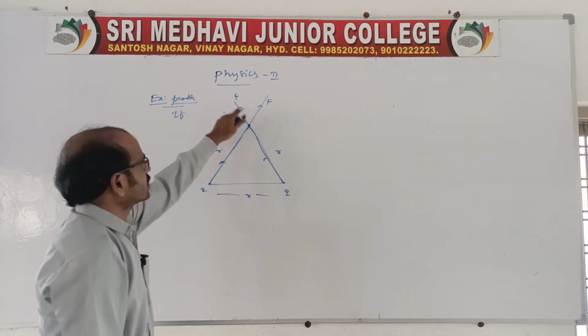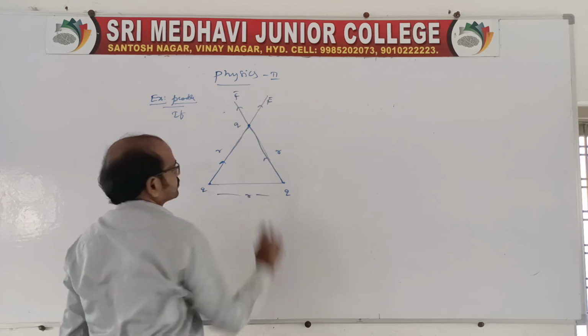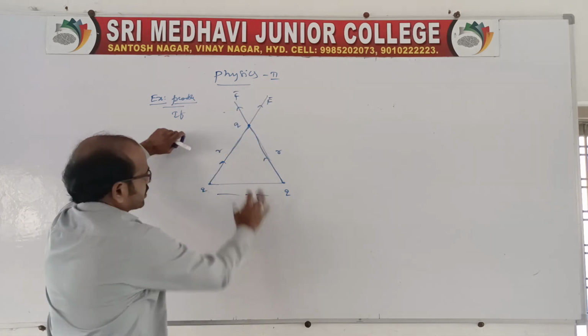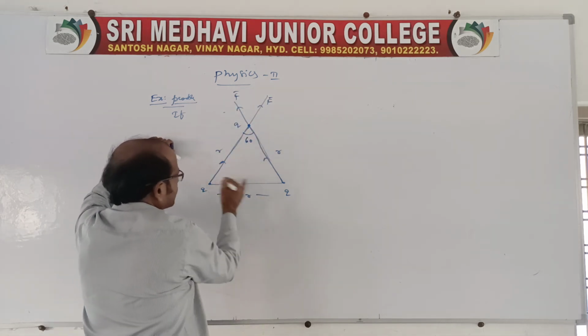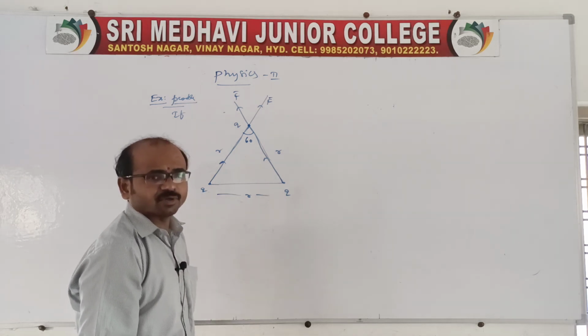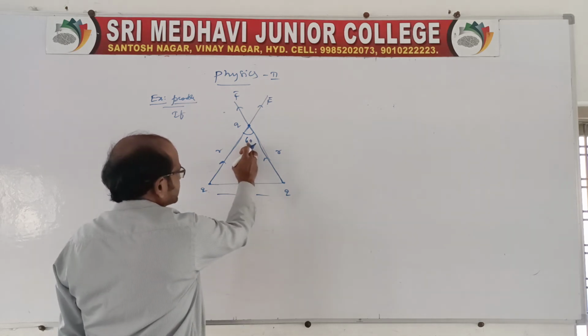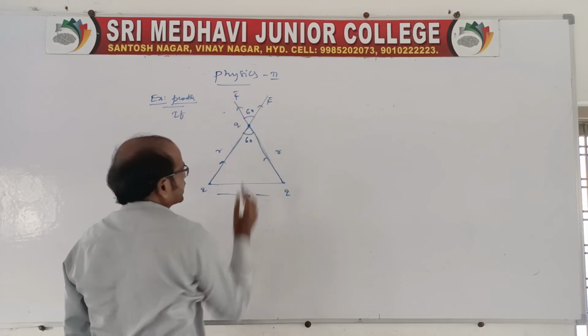And here these two are the forces. Force is nothing but a vector. And here there is an angle: for the equilateral triangle it is 60 degrees, for all angles it is 60 degrees, because the sum of the angles is equal to 180. So when one is 60, therefore this one is also 60 degrees only.